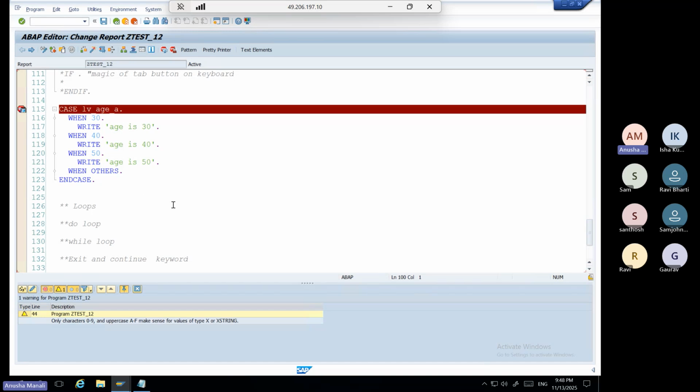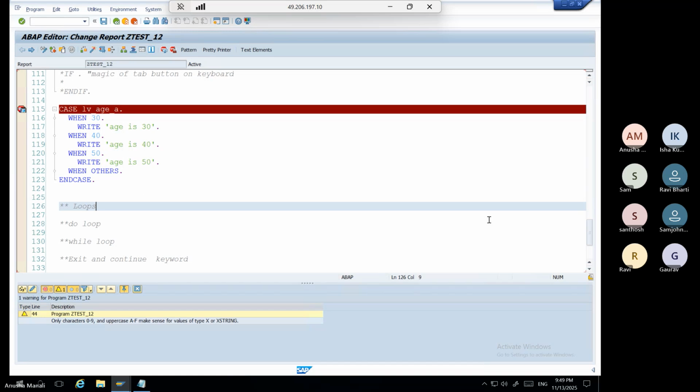Even in case of if else condition, the compiler was directly going to the right condition, where the condition was true. Even in that case, the compiler was going to the true condition, and even in the case statement, the program is directly going to the true condition. You are saying that case is the faster condition when we compare it with